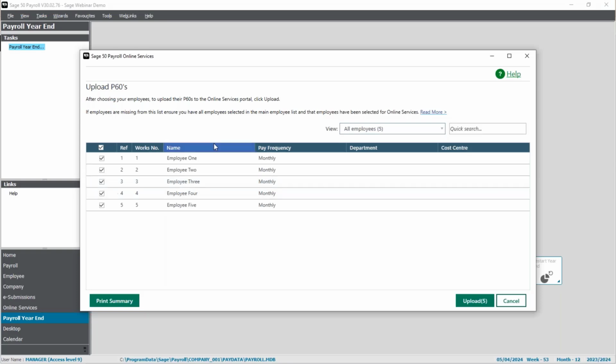similar to the payslips, it shows you a list of the employees that are set up for online services. I've got them all selected. So I'm going to upload the P60s for all of these employees, and then no option to schedule them. They will just publish immediately once I upload them. So if I click upload now,